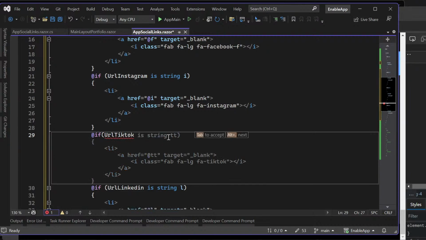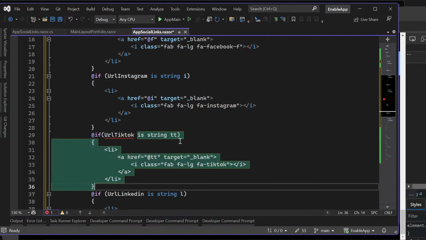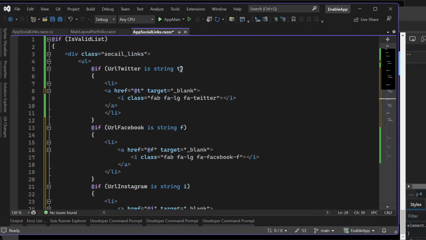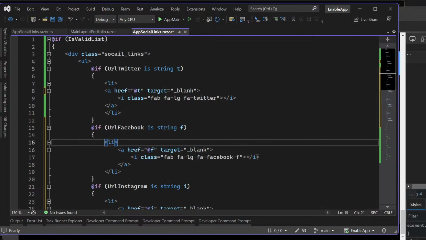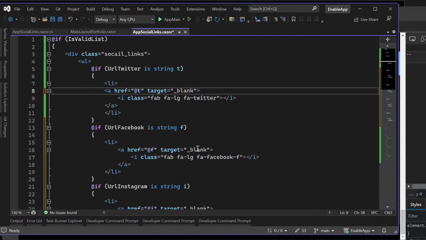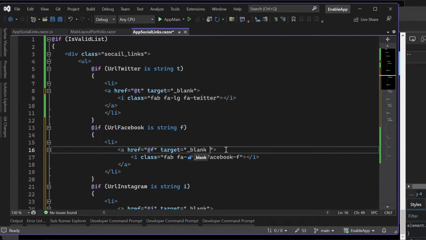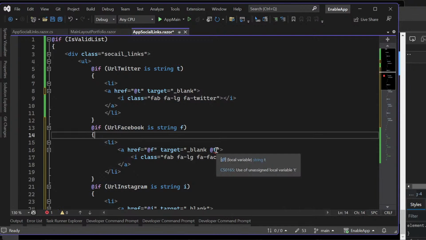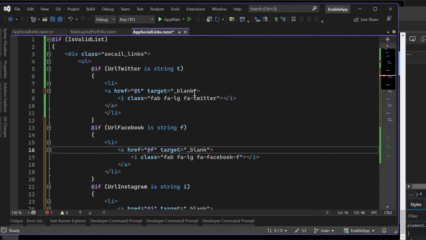It put T, because this is actually like, and you know about this, Rui, where because I've used T up here, I can actually use T somewhere else. It's not scoped to. Oh, okay. Yeah, which is really powerful if you think about that. So I could say at T, and that should work. Yeah. Well, no, it's not working for some reason. But yeah, it should. I think in C#, maybe not in Razor, but